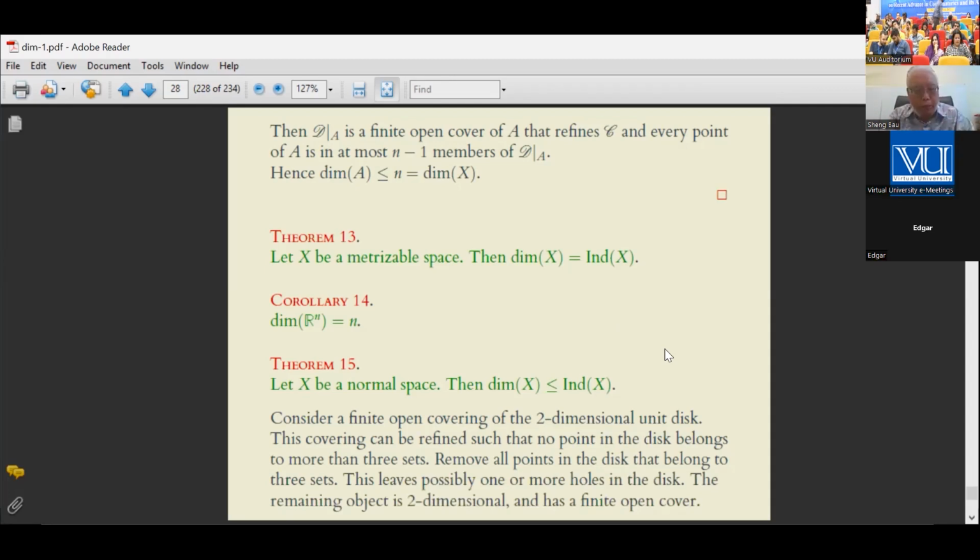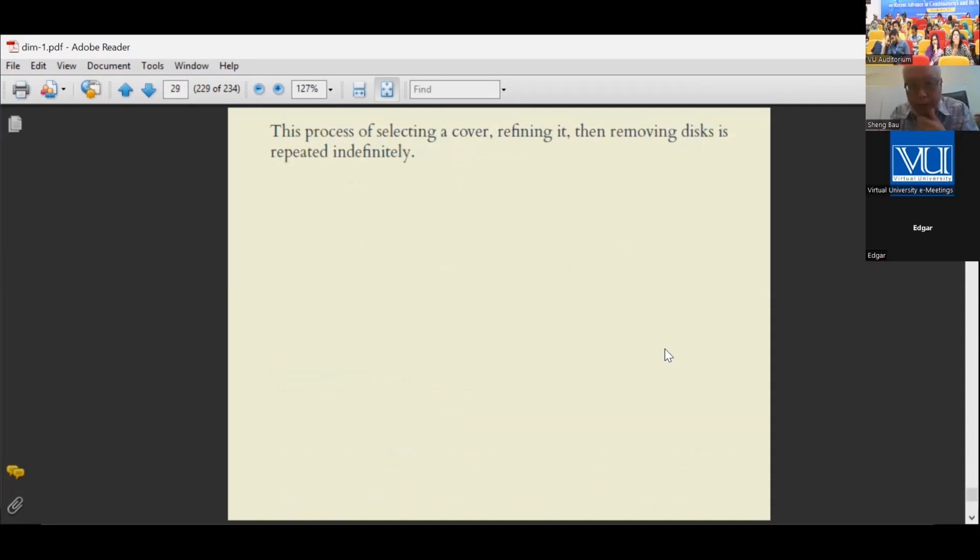This leaves maybe a finite number of holes in the disk, even in the unit square, if you start with the unit square. The remaining object is two-dimensional. Two-dimensional means that its Lebesgue dimension is still 2. At every finite step of repetition of this, you have a two-dimensional topological space. But if you indefinitely carry out this operation by removing every point which is covered 3 times